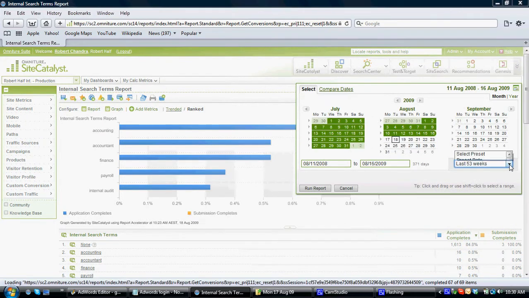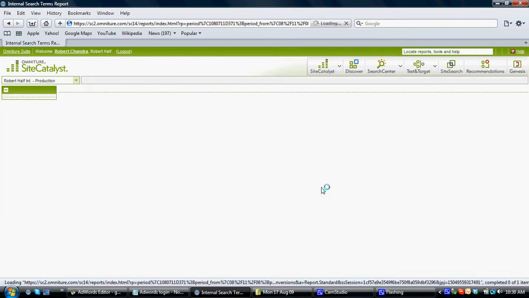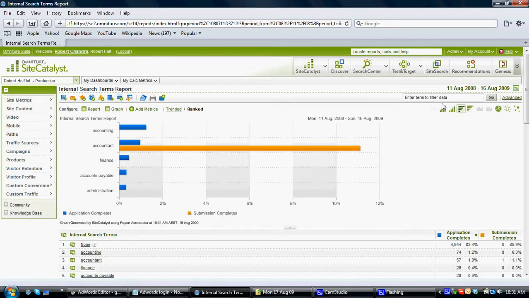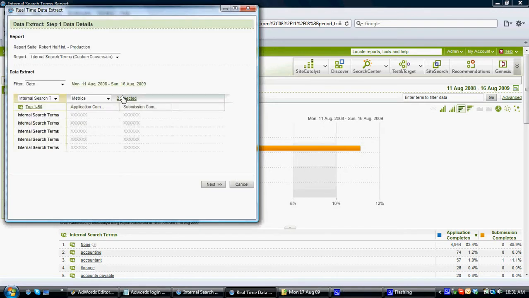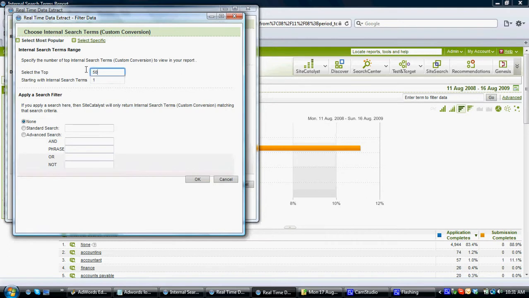And for this purpose, let's say we choose the last 53 weeks, which is the last 1 year, and we run the report. And we are going to extract this data. So we click data extract. And for this purpose, we are going to choose the top 500 terms. So we change the settings here. Select the top 500, starting with the first term, click OK,